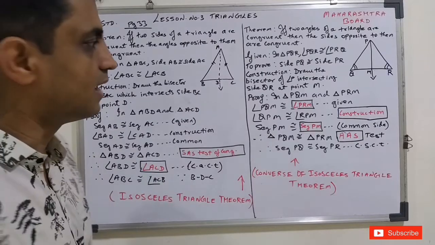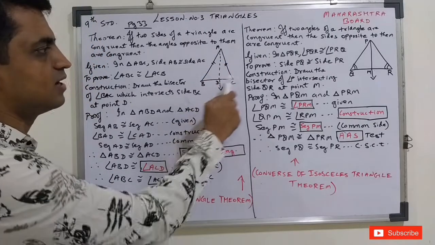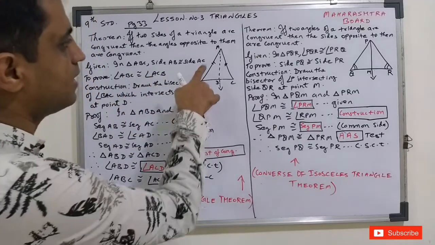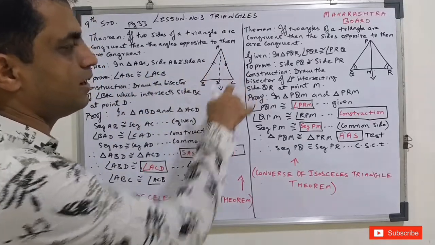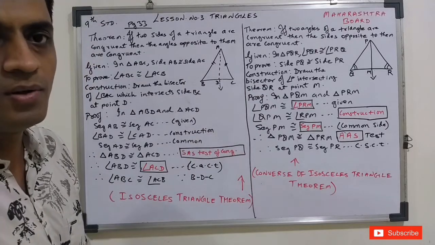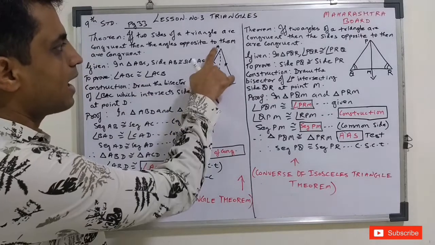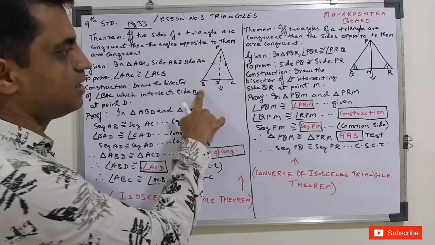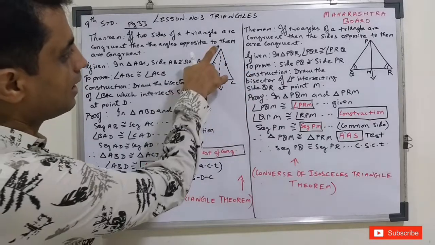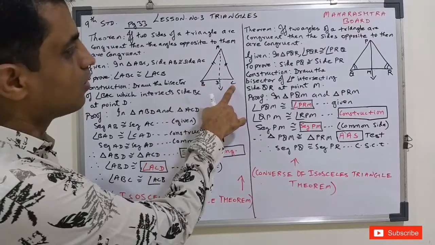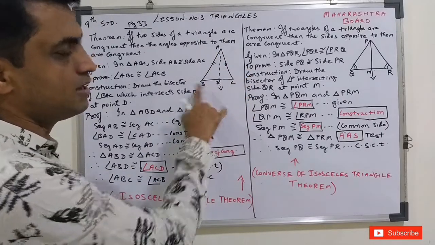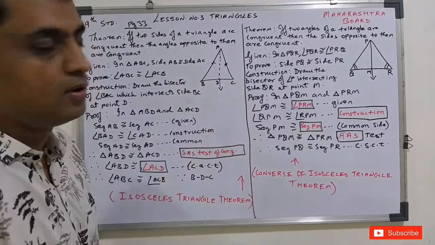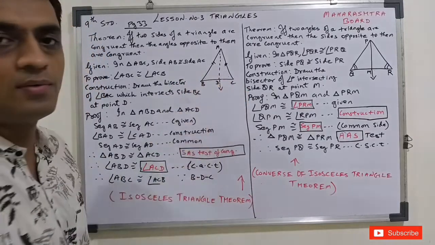Now what is the meaning of that? The meaning is the triangle is given to you, triangle ABC, and what is given to you is AB is equal to AC. That is given to you. Now we have to prove angle ABC is congruent to angle ACB. I repeat, angle ABC congruent to angle ACB. This we have to prove. It means this angle and this angle we have to prove. The sides congruent are given to you.